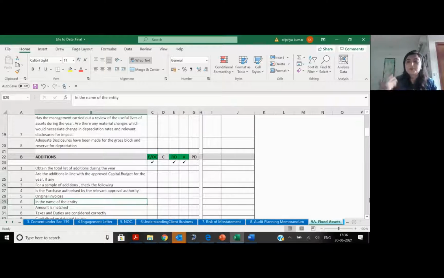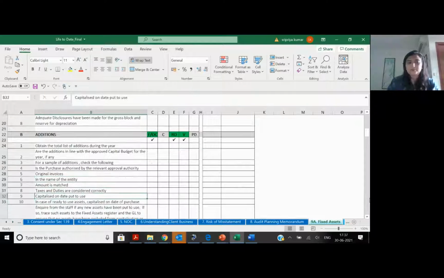Now let's come to processes on fixed asset. In a fixed asset, what all can happen? I can have an addition, which I must audit to make sure that there is no material misstatement in addition. I have not at all accounted the addition, or I've accounted an asset which was never in my factory, which has not even come inside, or I've accounted it wrongly, or I've accounted it for the wrong date. So how do I check that these 4 risks on fixed assets don't happen?